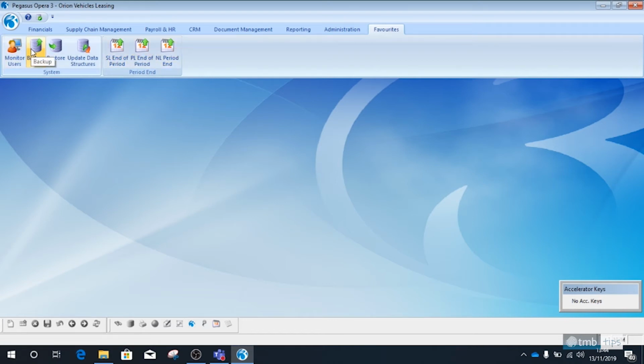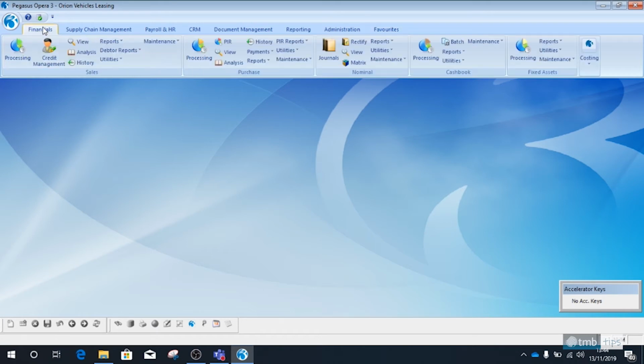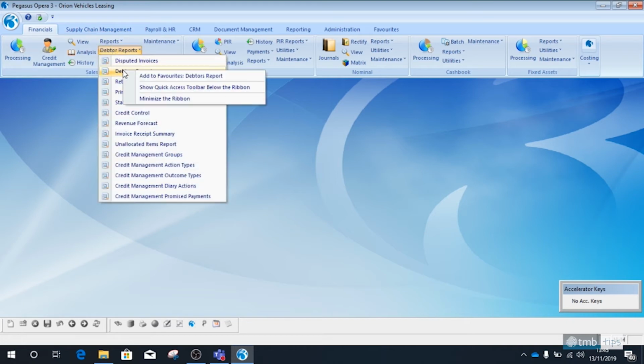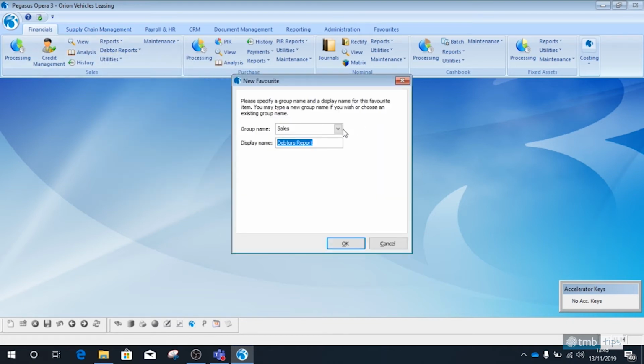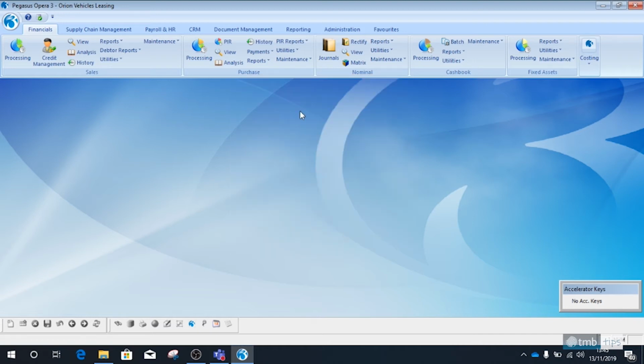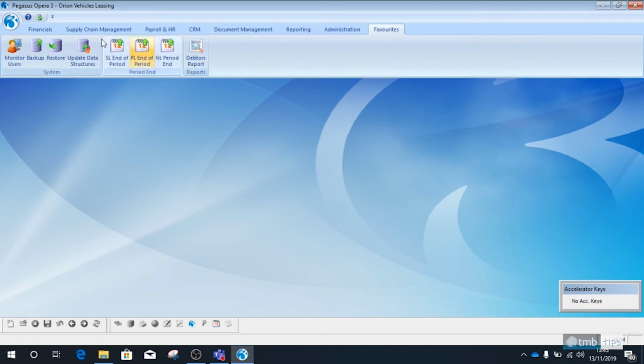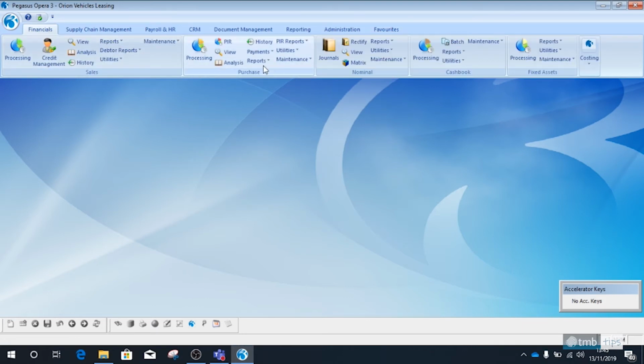So let's have a look at adding reports to our favourites. So if we go to financials, let's say every month we do the debtors report. So add to favourites. Now if we want to, we can add it to sales, or again we can create a new blank group called reports. So you can see here we now have a new group called reports,